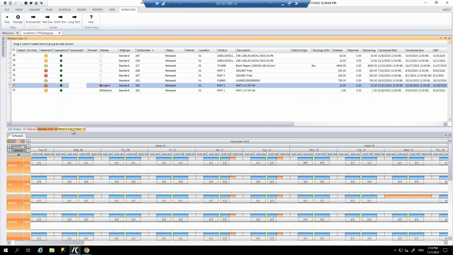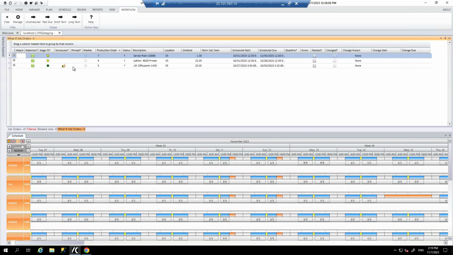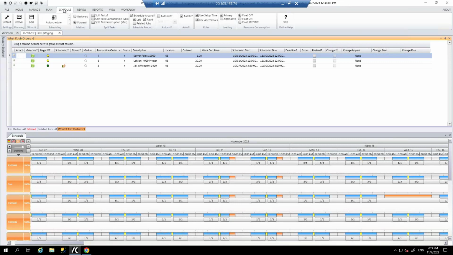The third tab along, just very quickly here, is what we call a what if order tab, or capable to promise. So for instance, you might have the customer on the line if you're the sales manager, and they want to know whether you can produce product X and get it out to them by a specific date. So you can come into this area of the screen and create a virtual production order, which is called a what if order, and see if you have the capacity, materials and resources to schedule that and meet that customer's requested due date. So that is a what if order, and you can perform simulations there to see what the impact would be on capacity.